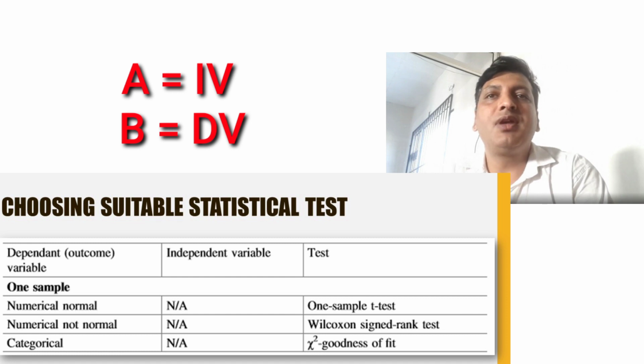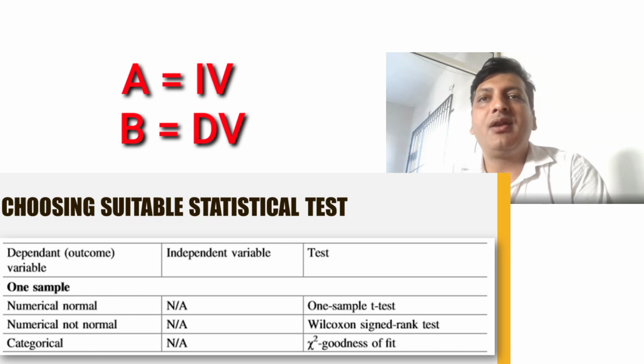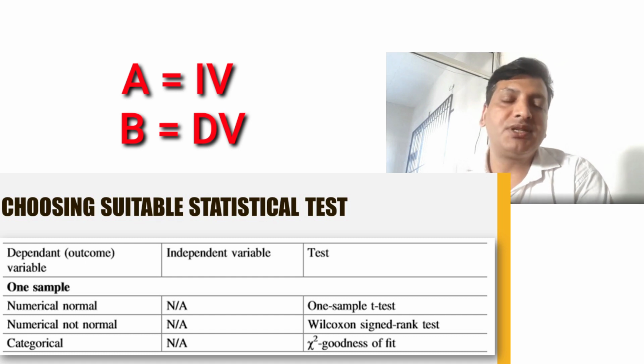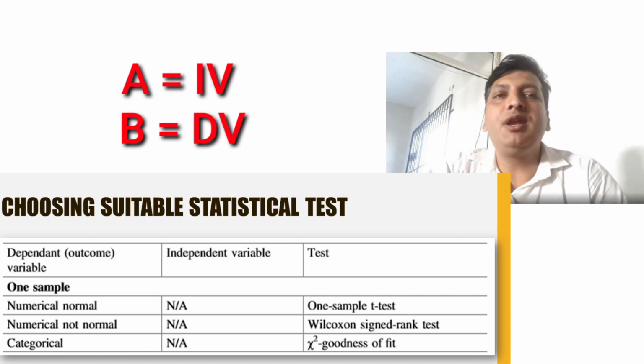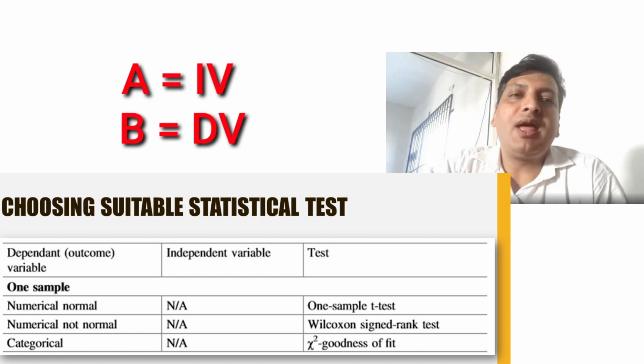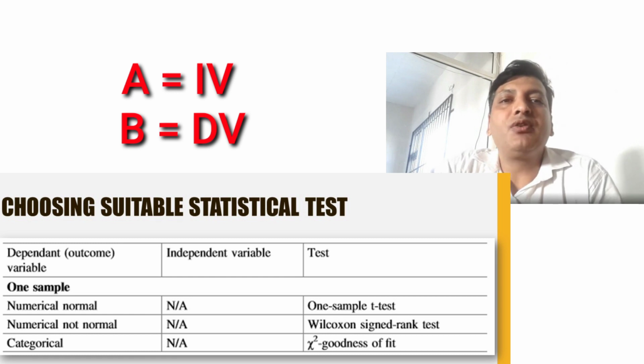Mainly whenever we are conducting research in the biomedical or life sciences field, all the lab values will be considered dependent variables, and all the drugs, gender, and the demographic profile of the patients will act as independent variables in the research. So how to find? Here you can see this table represents the case when you have only a dependent variable. That means you don't have any independent variable in your research.